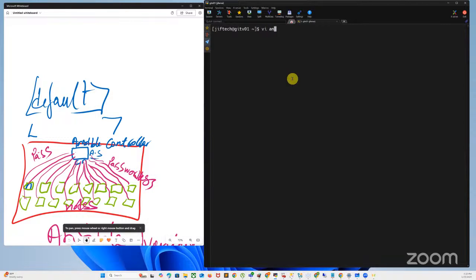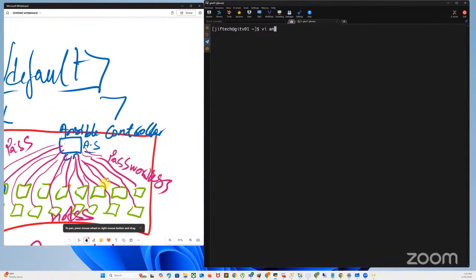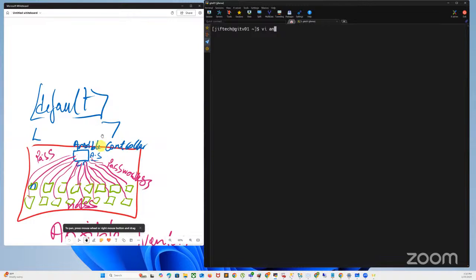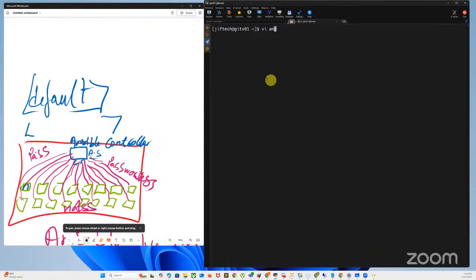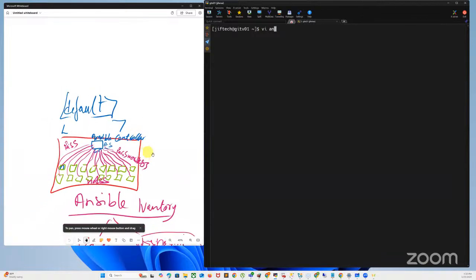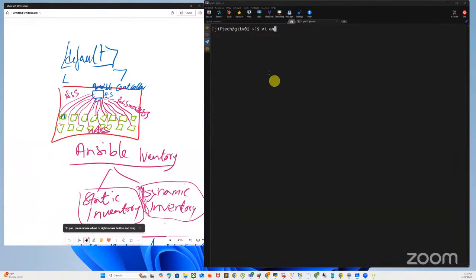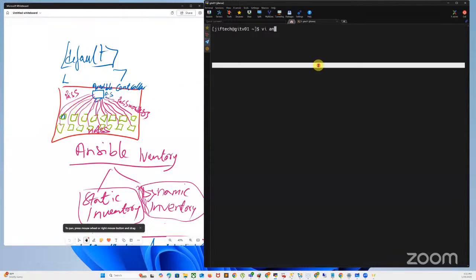If I vi to ansible.cfg, wherever in the system, the first rule of Ansible is that whatever directory you find yourself in, if you create an ansible.cfg file in that directory, then that becomes your configuration file. It takes priority over the default configuration file. What am I saying? I'm saying if I just touch ansible.cfg,